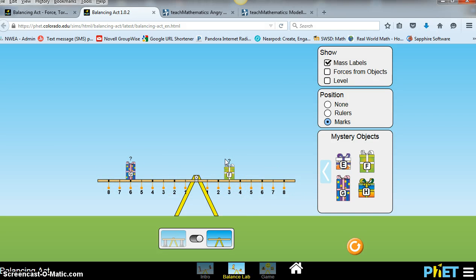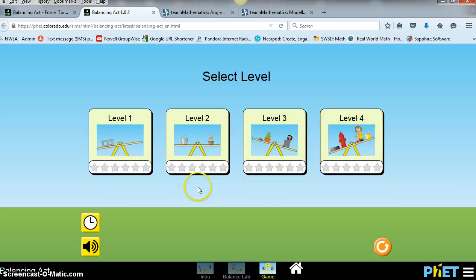After you play around with this for a little bit and you feel comfortable about the relationship, go to the game simulations. There's 4 different levels, starting out easy and getting harder. And like I said before, go through it by yourself. The activities are timed, so you can potentially, if your teacher allows, try play against somebody to get through the levels faster than the other person. So go ahead and try this